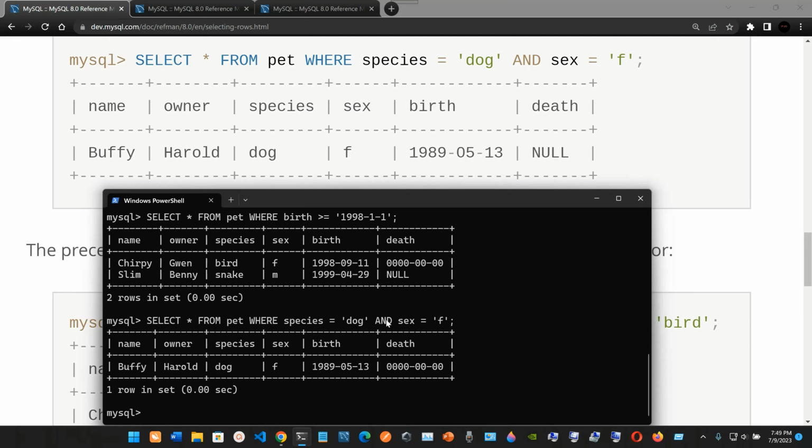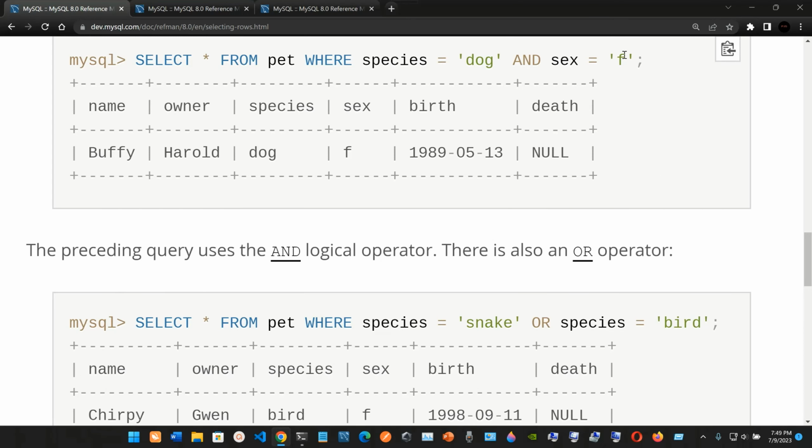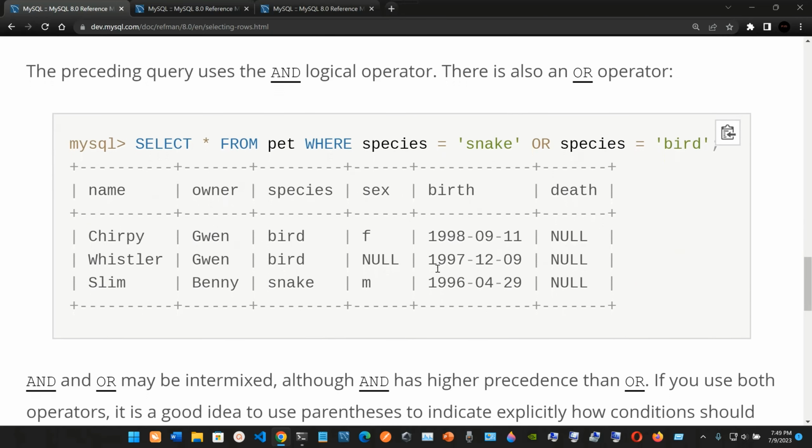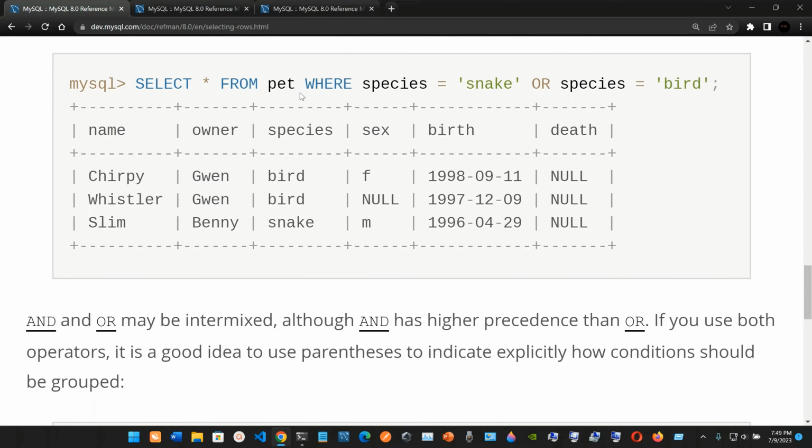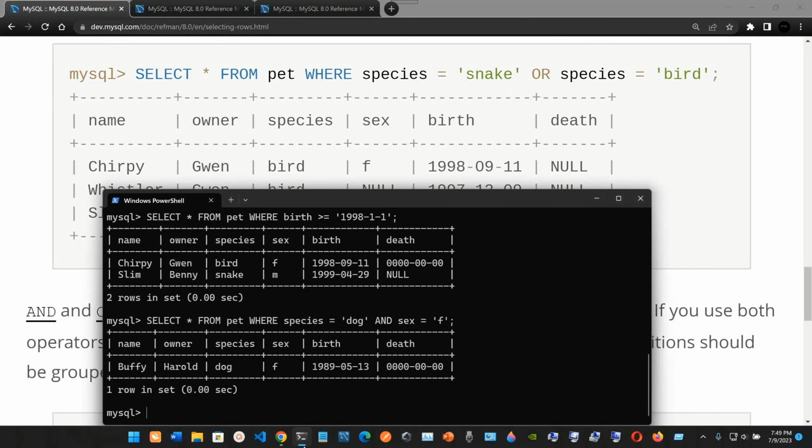we are using the AND operator, and the sex is female. So you can play around, you can put maybe the sex is m, so it'll be male. The preceding query uses the AND logical operator. There is also an OR operator, so we're gonna use now the OR operator. And again, instead of typing it,